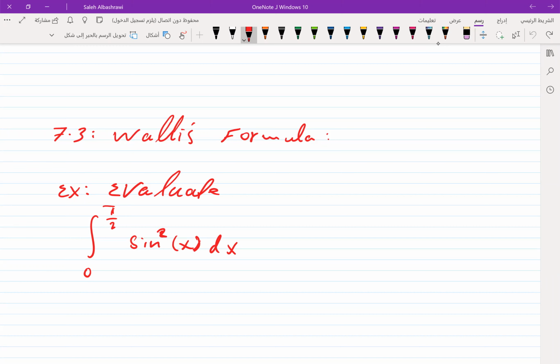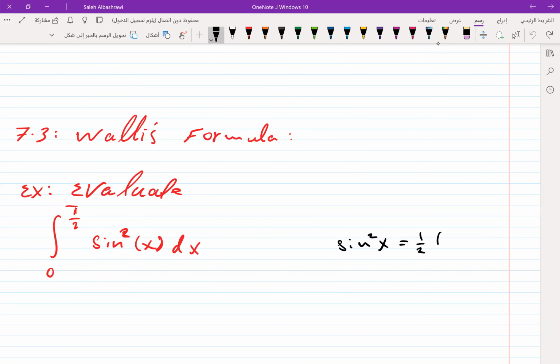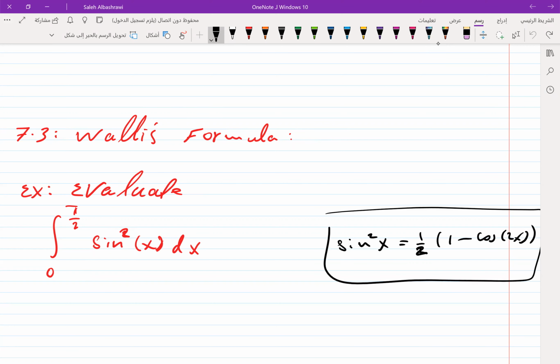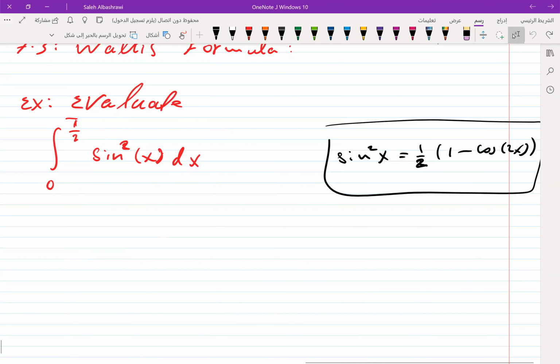We know that the sine square x is equal to 1/2 multiplied by 1 minus cosine 2x. This is the half angle identity. So the integration for this one would be equal to the integral from 0 to pi over 2 of 1/2 multiplied by 1 minus cosine 2x,